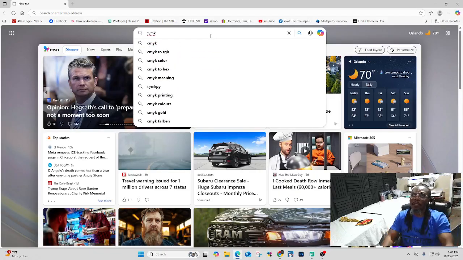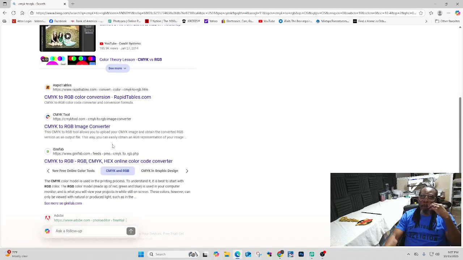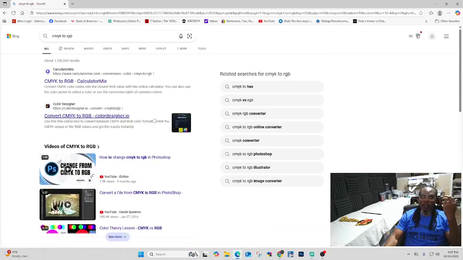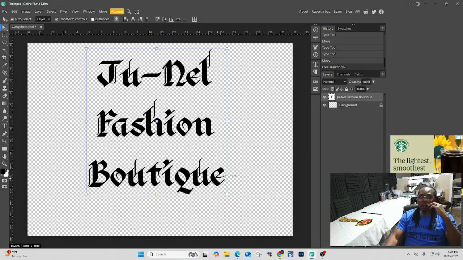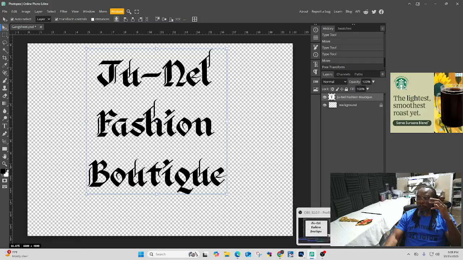So DTF printing uses 4 colors: CMYK, cyan, magenta, yellow, and black. That's what CMYK is, and it converts your RGB design into CMYK. So if you're gonna create something, the color has to be in CMYK. So if you need to design something and you want the color to be correctly printed, you have to